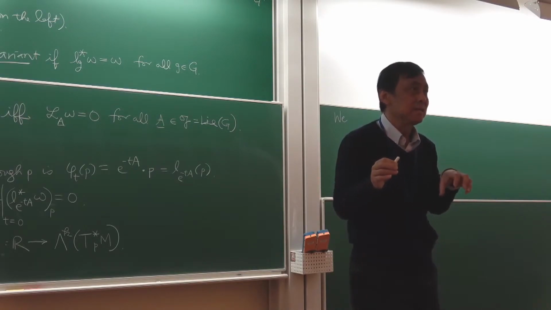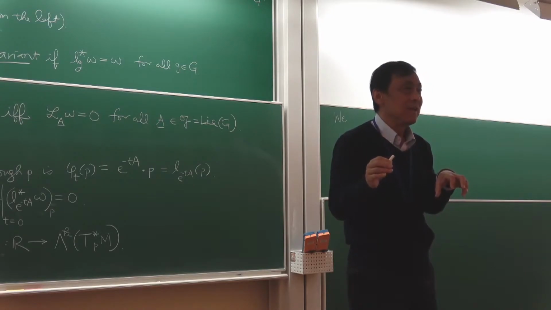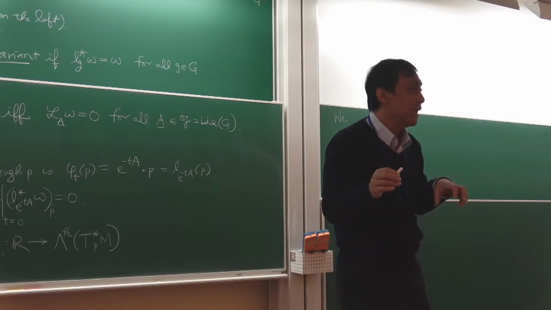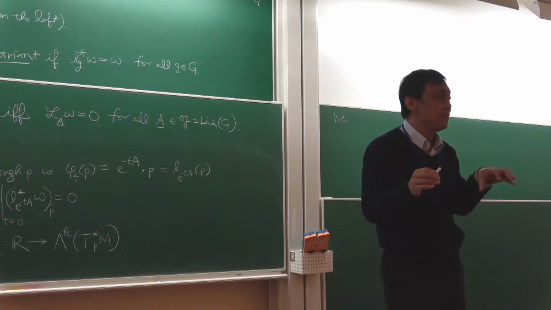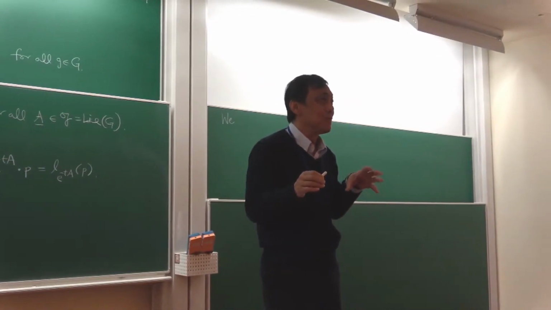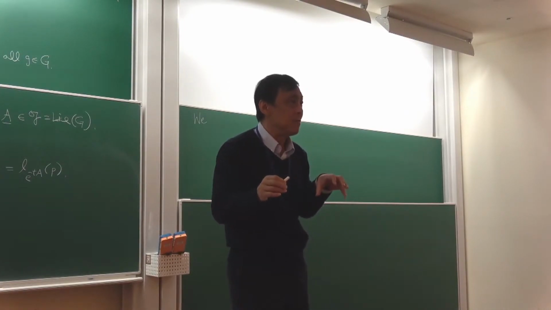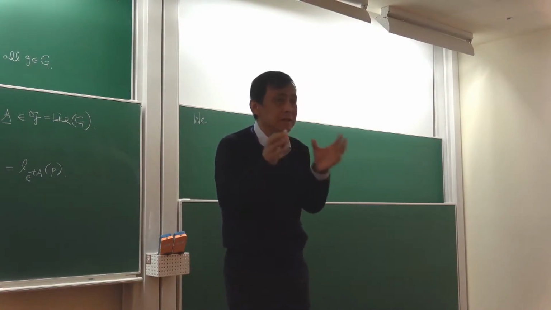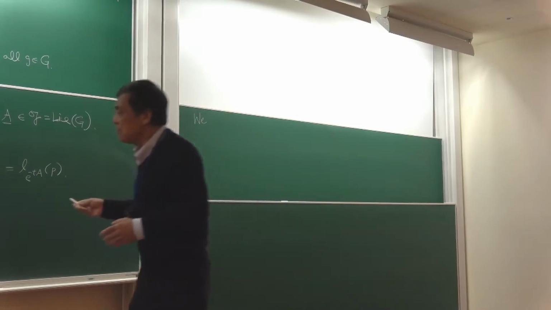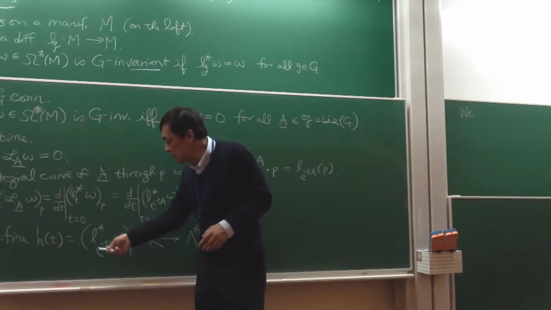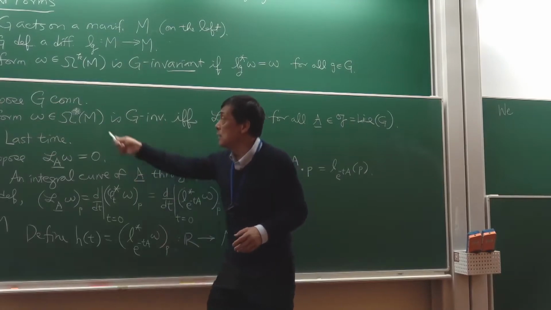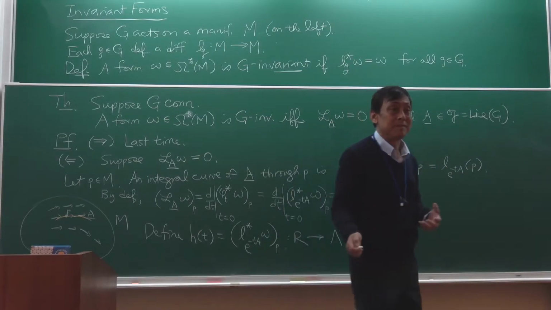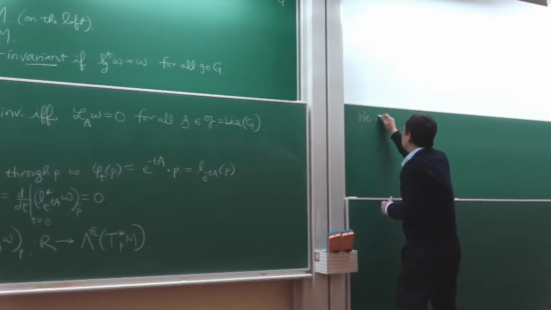But if you have a connected topological group, then what can you say about it? It is generated by any neighborhood of the identity. So that means every element in the Lie group can be written maybe not as an exponential, but as a product of exponentials. So if you can show that omega is left invariant under an exponential, and the Lie group is connected, then it will be invariant under all Lie group elements. So we need to show